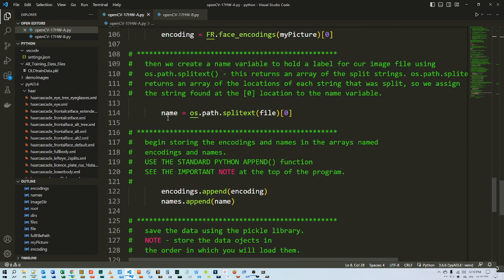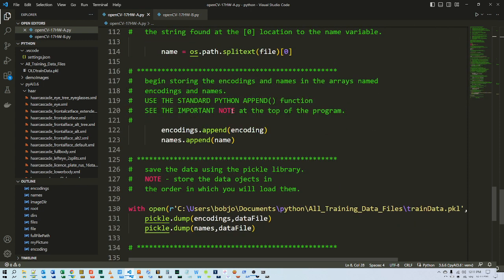Then we use os.path.splitext to separate the name of the file from the first section and the .jpg. And since the first section is found at the zeroth location in the array, that's what we ask for. Then we append the encodings in the encoding array. We append the names in the name variable,